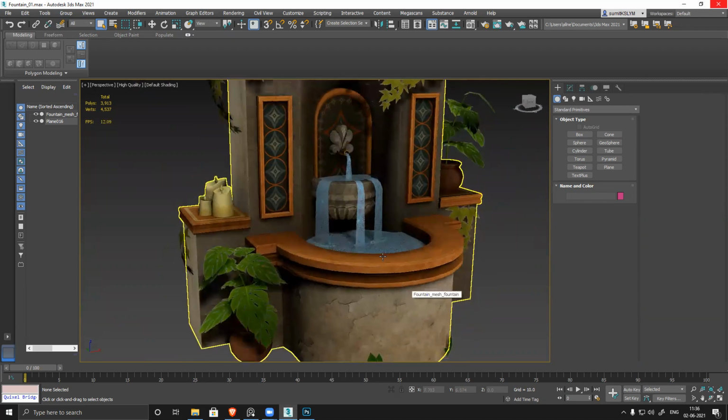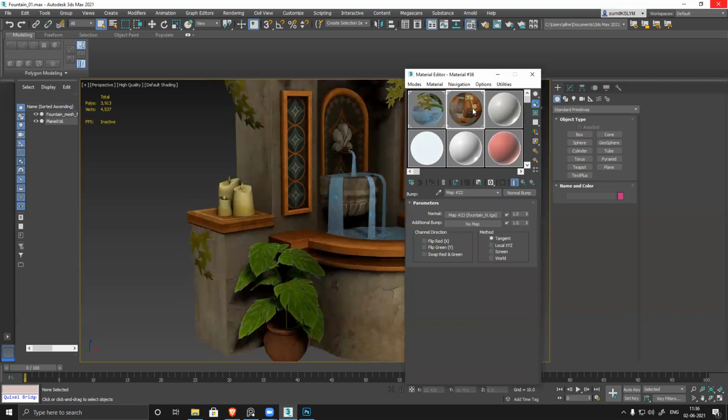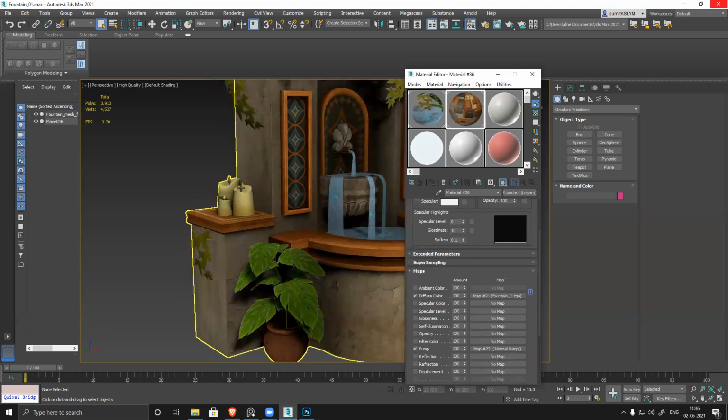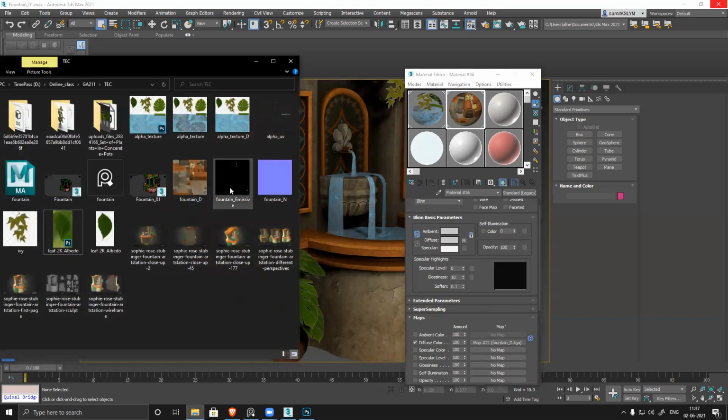Still, everything is generated, and I need to apply emissive also in this, but this is glowing. Self illumination. For this I have to apply that emissive map we have created previously.